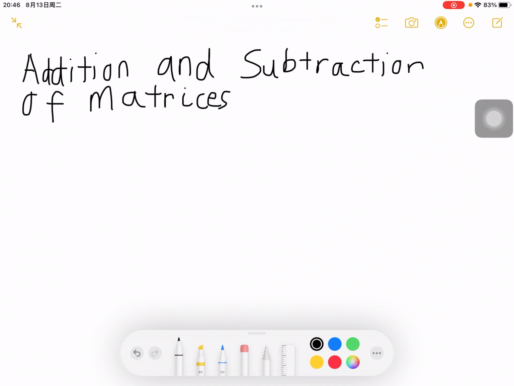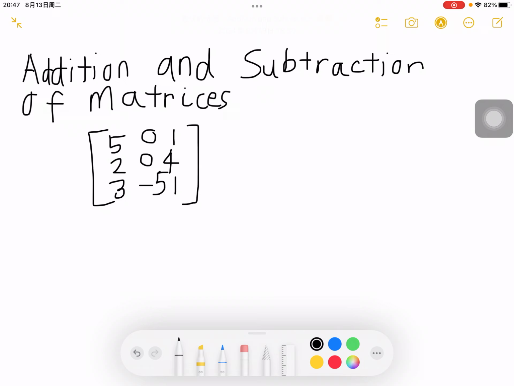Today, let's talk about addition and subtraction of matrices. If we have a matrix that is, let's say, 5, 0, 1, 2, 0, 4, 3, negative 5, 1. So this is a 3 by 3 matrix, right? It's 3 by 3. And then let's say we add this to